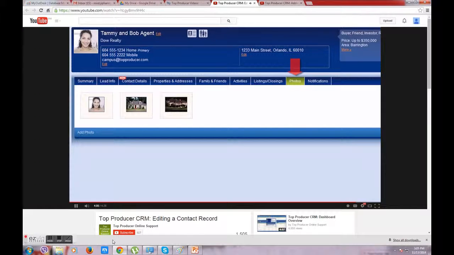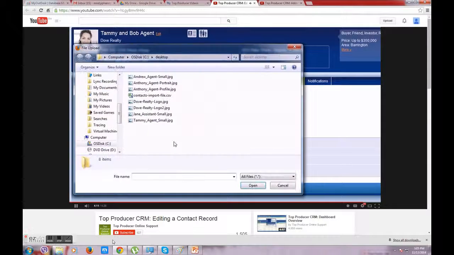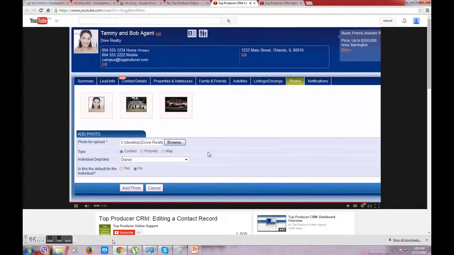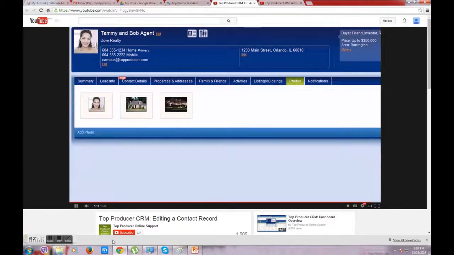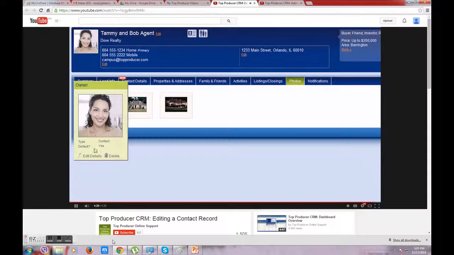So you can manage your photos, or if you wanted to add photos in here, just click here and then select and browse on your computer, and then you can open and then save. Over the picture, you can either edit the picture or